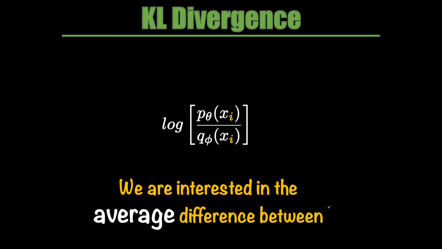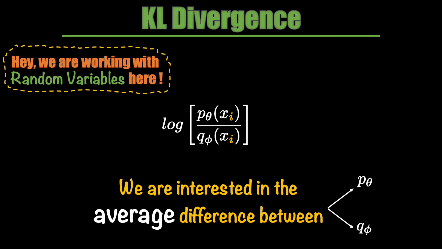But what we are really interested in is a number that can tell us what is the difference on average between our two probability distributions, that is P and Q. Now I use the word average, but really with random variables we do not think in terms of average. Rather we say what is the expected value of a random variable or what is the central tendency of a random variable.